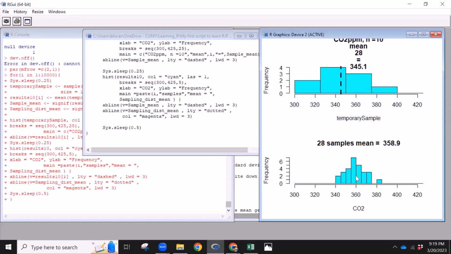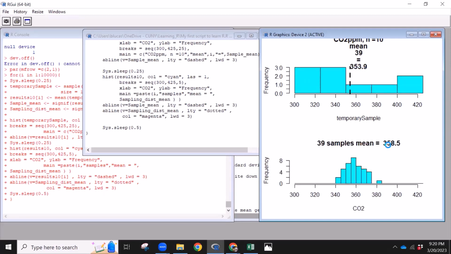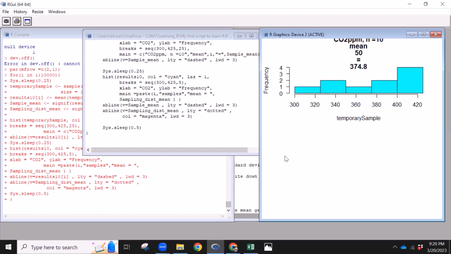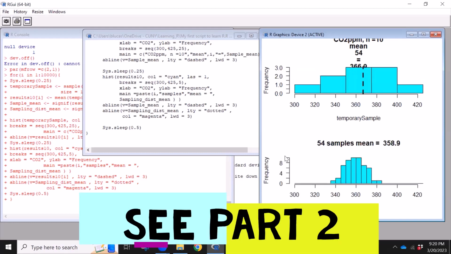It calculates the mean of the sampling distribution and shows both the mean of the sampling distribution and the mean of the current sample. What you can see is that the mean of the sampling distribution, even with just 30 samples, is already pretty stable. It doesn't budge too much. It was at 360-something earlier, now it's at 358, while the mean of each sample varies quite a lot, between 340 and 380-something. This just shows how the repeating loop works. Now I'm not going to let it run like this for 10,000 samples, otherwise it's going to take way too long. So we're going to